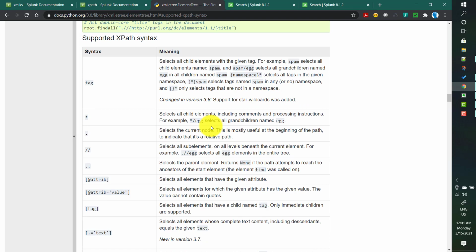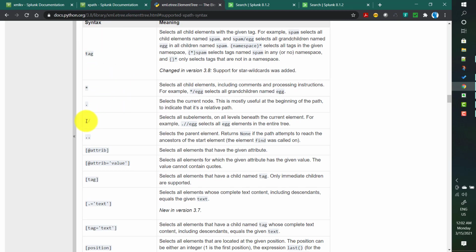For example, a dot selects the current node, and a slash with an element name selects all the elements with that name in the XML. Maybe I will share a link in my video description. Have a look at that. We will see some examples today as well.